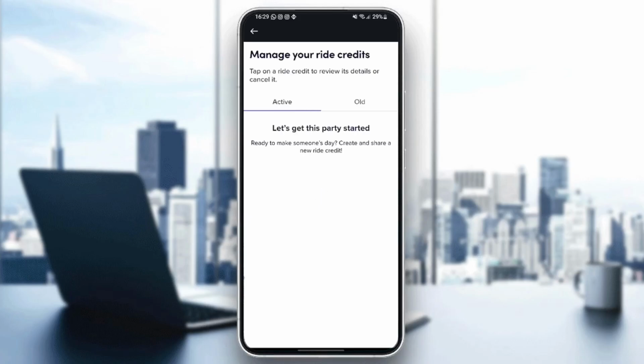Once it's loaded, you're gonna find this message saying manage your ride credits. Tap on a ride credit to review its detail or cancel it. Ready to make someone's day, create and share a new ride credit. You can either choose active or old rides. Choose any ride that you want and then you can send it